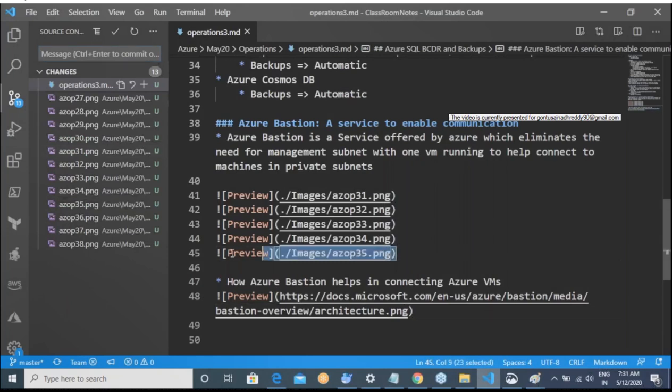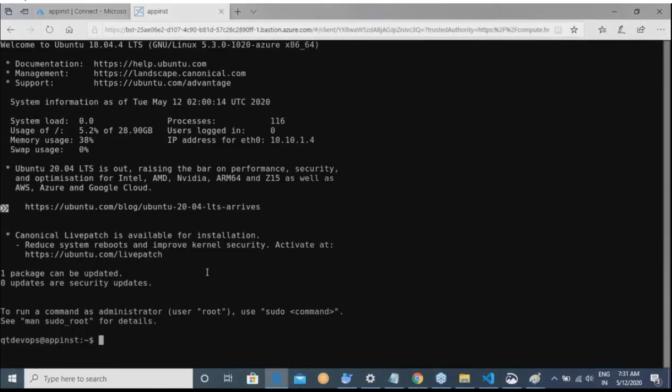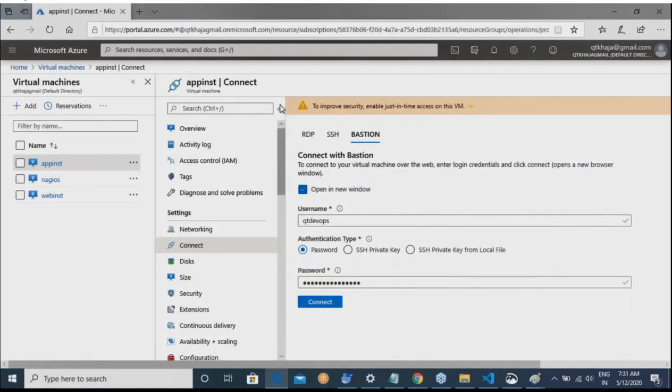For some people it might be a very interesting service, because you don't need an extra machine. I'm using the same Azure Bastion to connect to multiple machines.